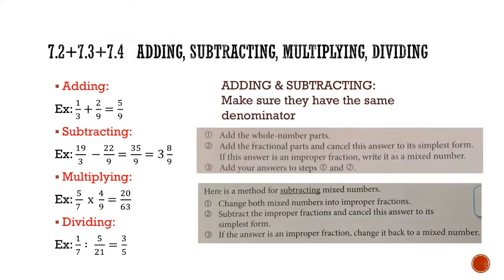For adding and subtracting, you must make sure that they have the same denominator. If the denominators are not the same, you should multiply both the denominator and the numerator